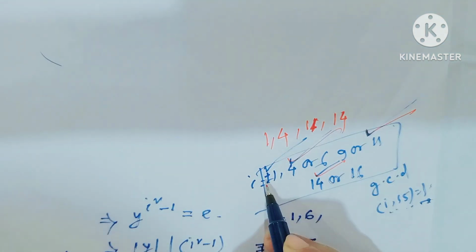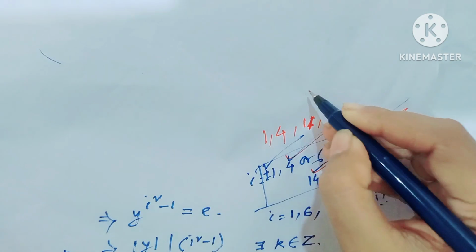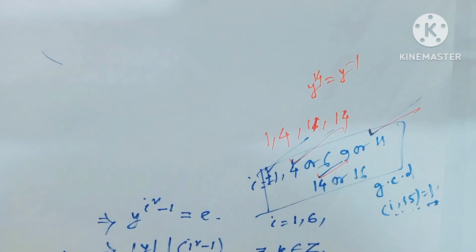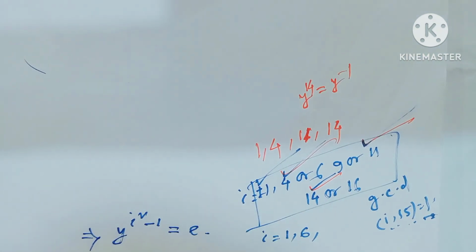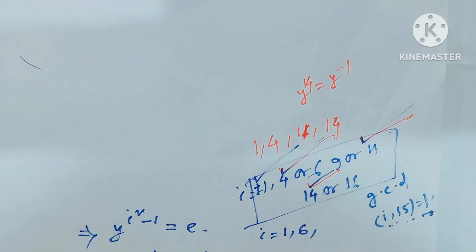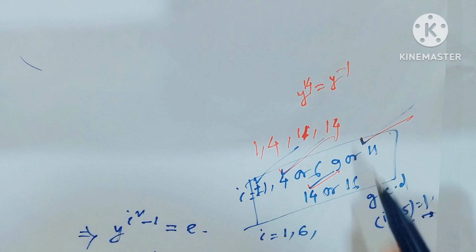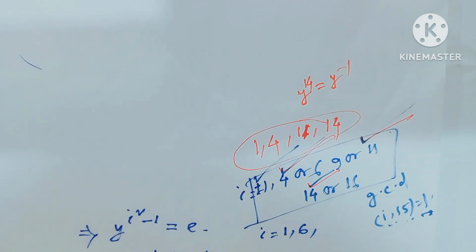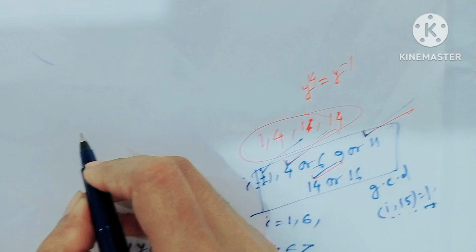Just take only the positive part. Here I can also choose minus 1, but y to the power 14 is actually y to the power minus 1. The value of i minus 1 or 14 is the same. So since there exist 4 possibilities, up to isomorphism, for groups of order 30 there are 4